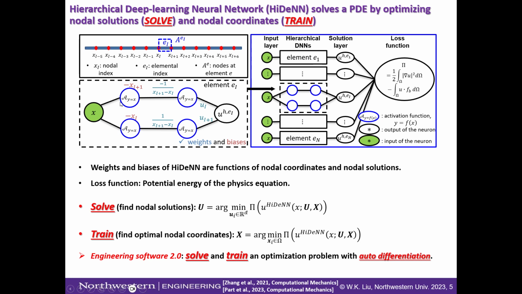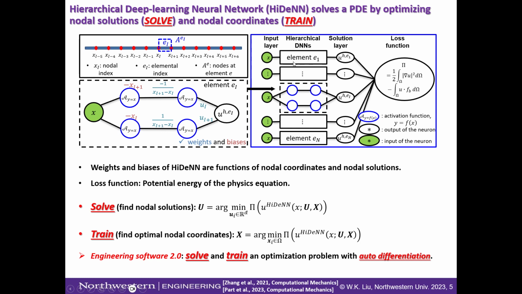One thing here is, if you go into this element-wise neural network structure, it has only 2 hidden layers, and they're not fully connected. They're only partially connected. Their weights and biases are represented as functions of nodal coordinates and nodal field variables, x and u. So these are not just random weights and biases. Instead, we are using the knowledge of nodal coordinates and nodal variables.